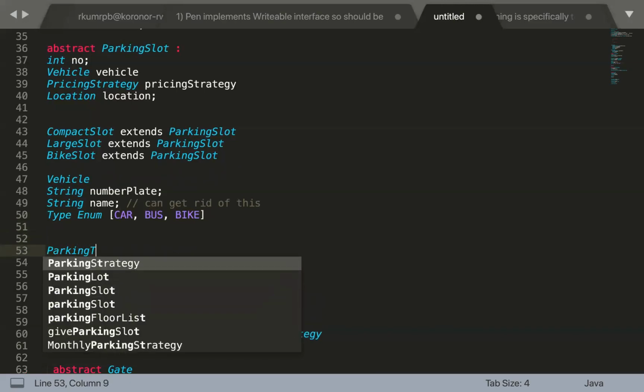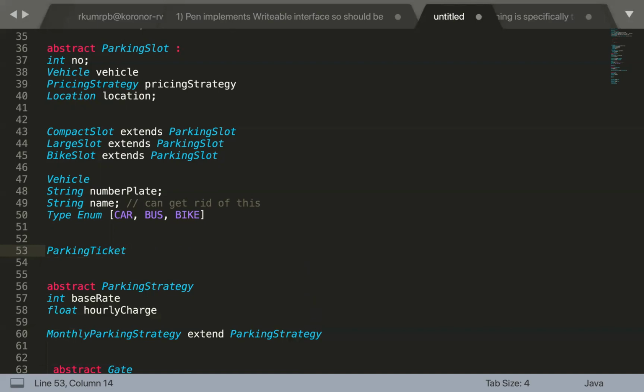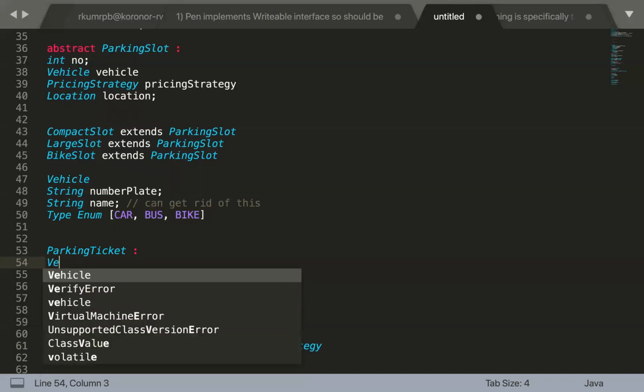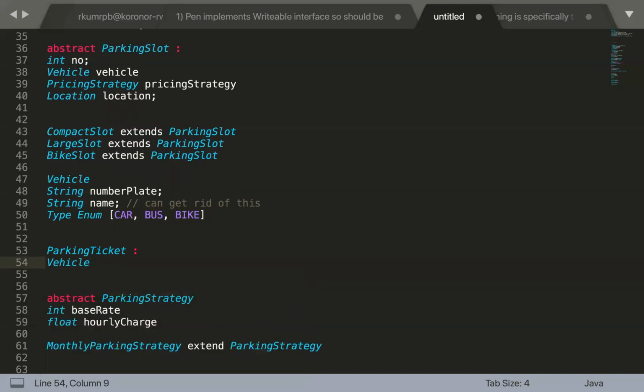parking ticket, ठीक है? पार्किंग टिकट एंटिटी जिसके पास क्या क्या एट्रीब्यूट होंगे? Vehicle information, ठीक है? And parking slot information.